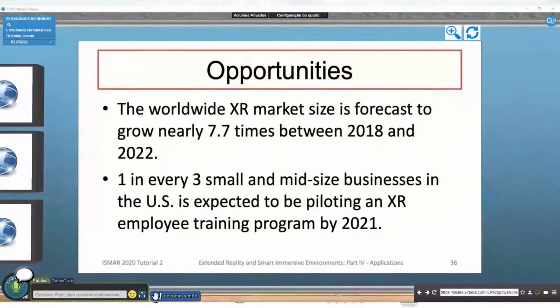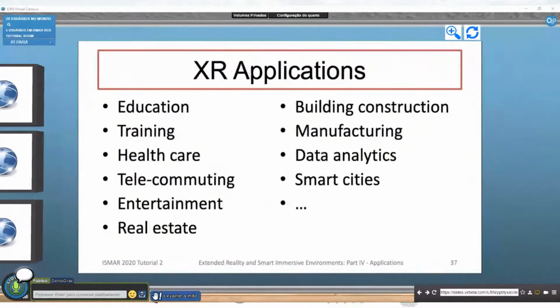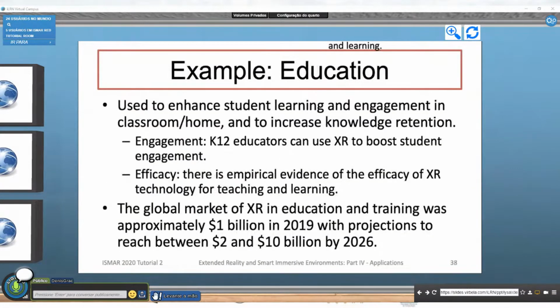Looking at the application domains for extended reality, we can look at education, training, healthcare, entertainment, all the way to building construction, manufacturing, data analytics, and smart cities in general. So just one example of that, education. Why is it important? Because especially in a situation with distance learning, where engagement and knowledge retention is a problem, we can see